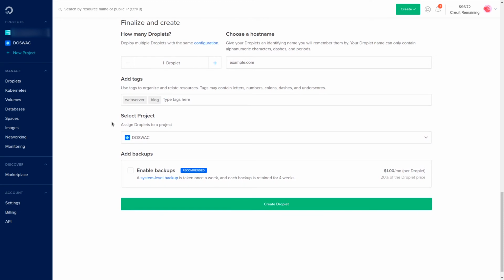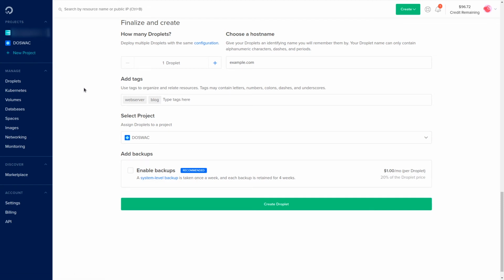In the Select Project section, we can choose the project where we create our droplet. You will have a default project selected with your registered email or username. But if you want to create a new project to organize your website or applications, you can create one by clicking on New Project on top of the left sidebar.